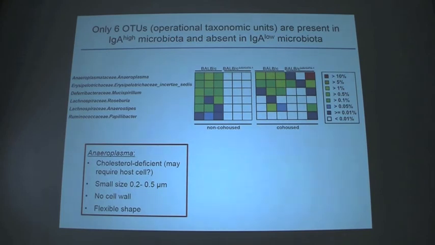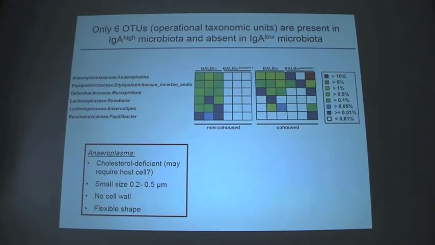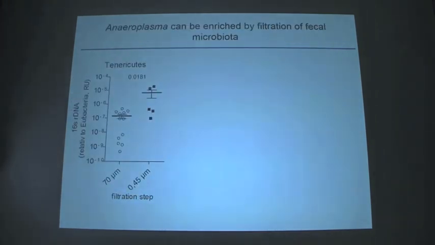And not much is known about the Anaplasma, except that they have no cell wall, and they are very small in size, 0.2 to 0.5 micrometer. They are cholesterol deficient, so they may require other bacteria or host cells to be able to survive. And because of their small cell size, we thought we could maybe enrich them by filtration, by using a 0.45 micrometer filter. When we take the fecal microbiota and filter it through a 0.45 micrometer filter, we can actually enrich this bacteria several-fold,